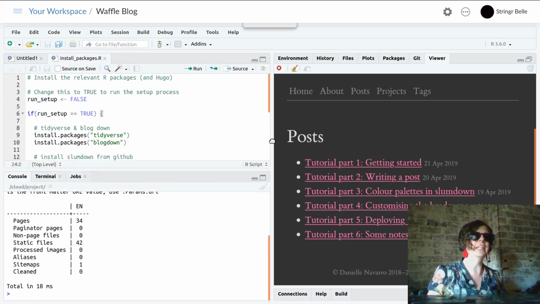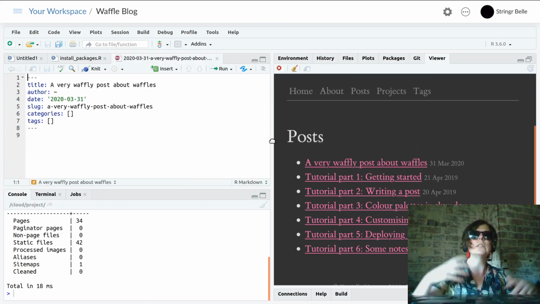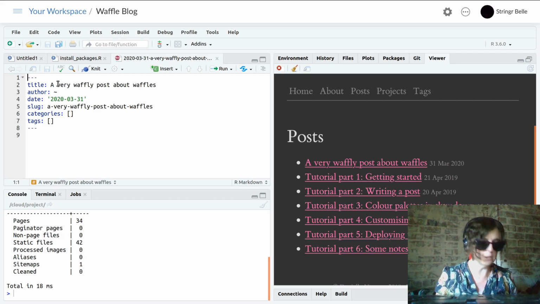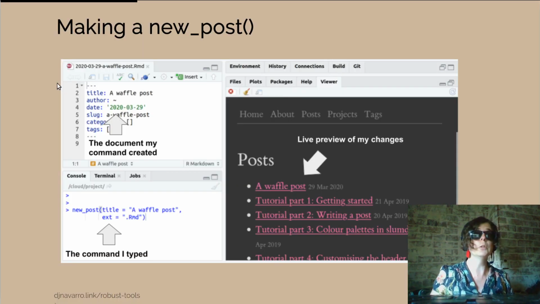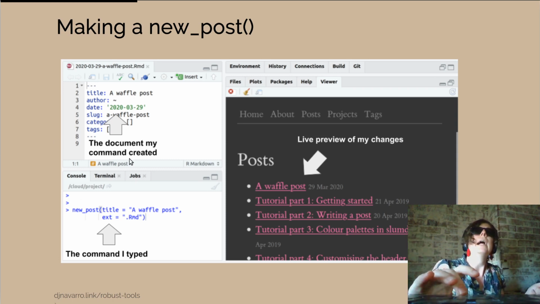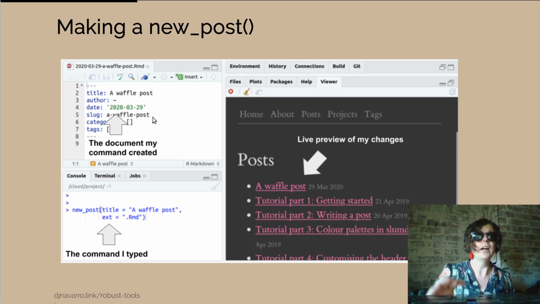Okay, so let's create it. It does a bunch of things, and it creates stuff. Yes, this definitely looks like stuff. Well, let's find out what I've done. Hopefully my tutorial, yes, okay, has told me what I've done. So I've typed this command, new post, blah, blah, blah, and it has created this document. And this document has some information about, so apparently when I did it originally, it was going to be called